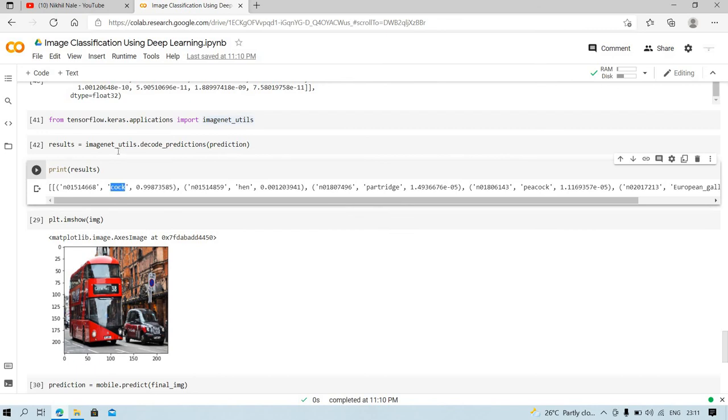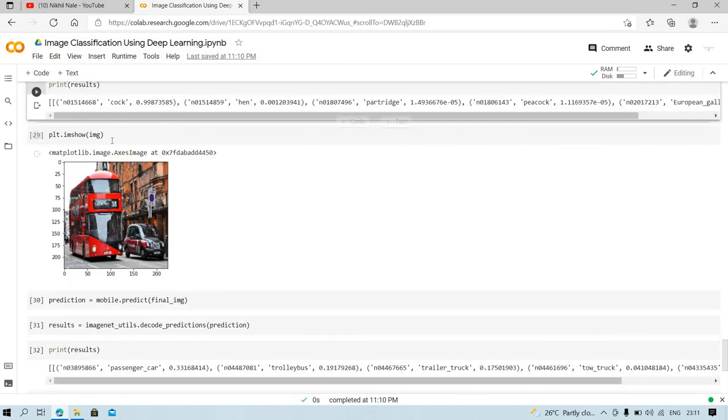Our model predicts this is a cock with a confidence of 0.99, and a hen with a confidence of 0.00, and European gallinule with a confidence of 9.5 times 10 to the power minus 6.